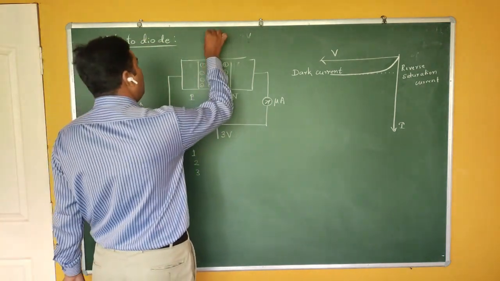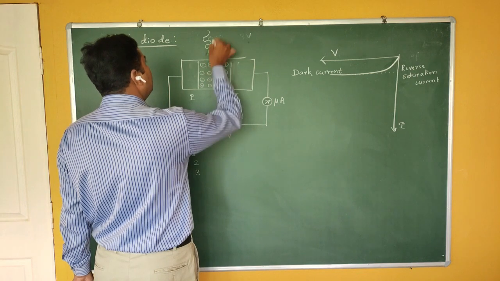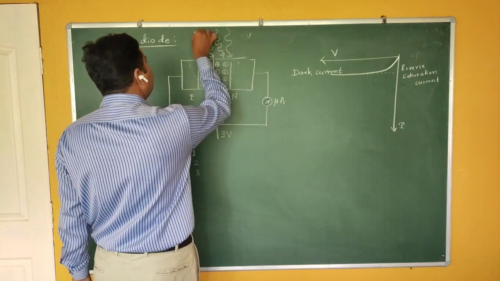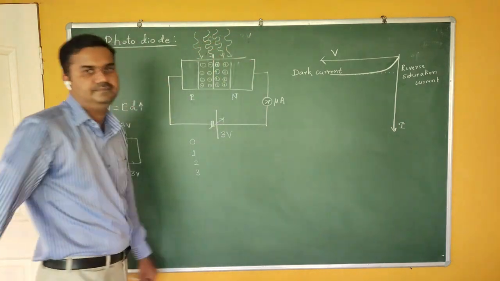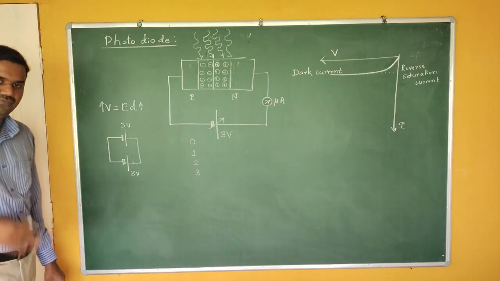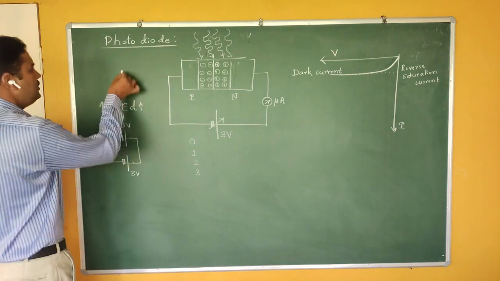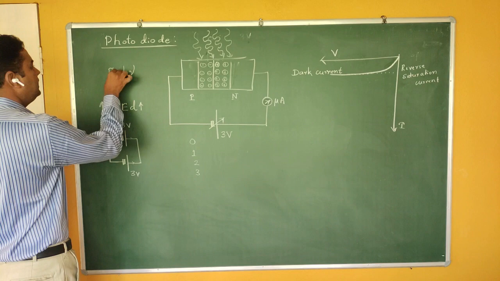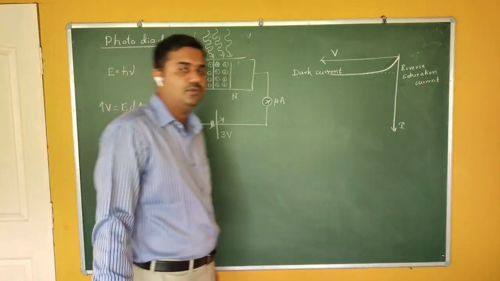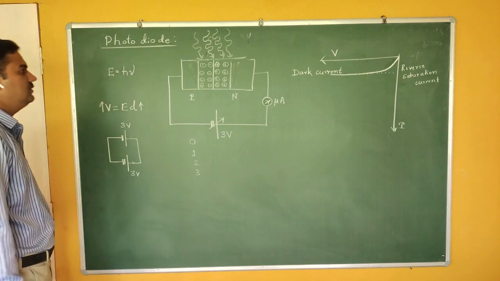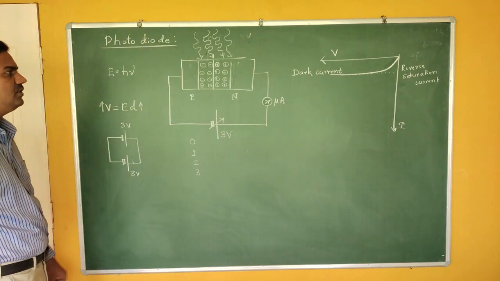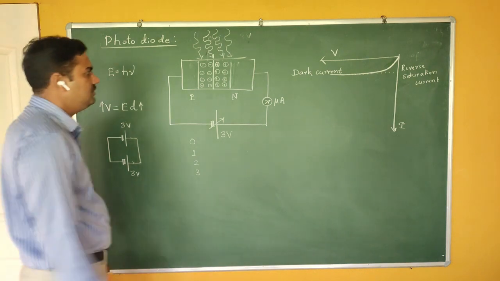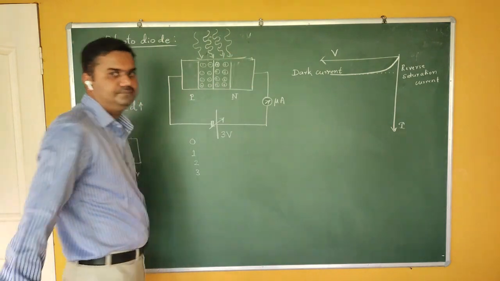When light falls on it, this diode is specially designed in such a way that the light falls on the depletion region or near the depletion region. Light is considered to be photons, particles, having an energy of h nu. If you consider light as packets of energy, photons, what is the energy of each photon? The energy of each photon is h nu. So when photons, each having an energy of h nu, fall on the depletion region, see, now look at here, what happens here?